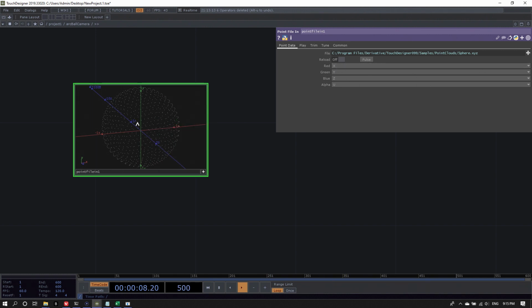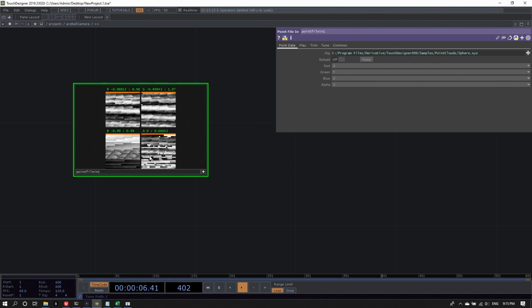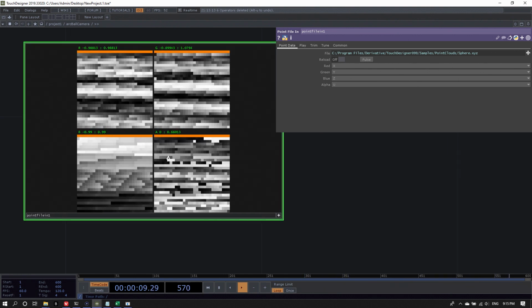The other new thing that's inside the TOP viewers now is something called Normalized Split. And what Normalized Split does is it shows you every color channel, or all the 4 color channels that are in the TOP, red, green, blue, and alpha. And it shows you the range that these color channels are in. So I can see, okay, my red channel has a value range from the minimum of -0.988 and the maximum of 0.988. The green channel is slightly different, the blue channel is slightly different, and alpha is different.